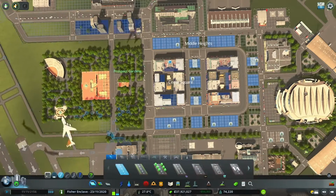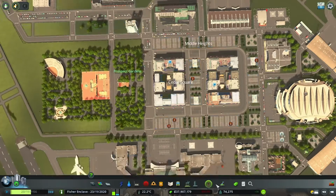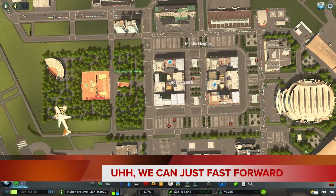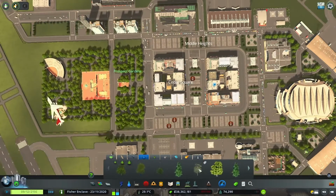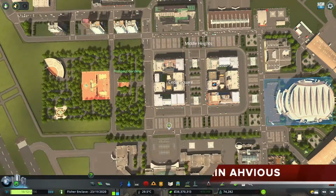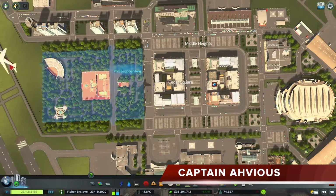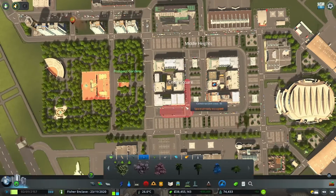Because technically, we could just wait here, wait for the parking lots to spawn, but that will hurt you as much as it will hurt me waiting for the right building to spawn. So what do you think? Is the vanilla spirit of the series broken for doing this, or is this acceptable, especially when it is only used for the parking lot buildings? Well, Captain Ahvious, since you asked, I think you definitely...